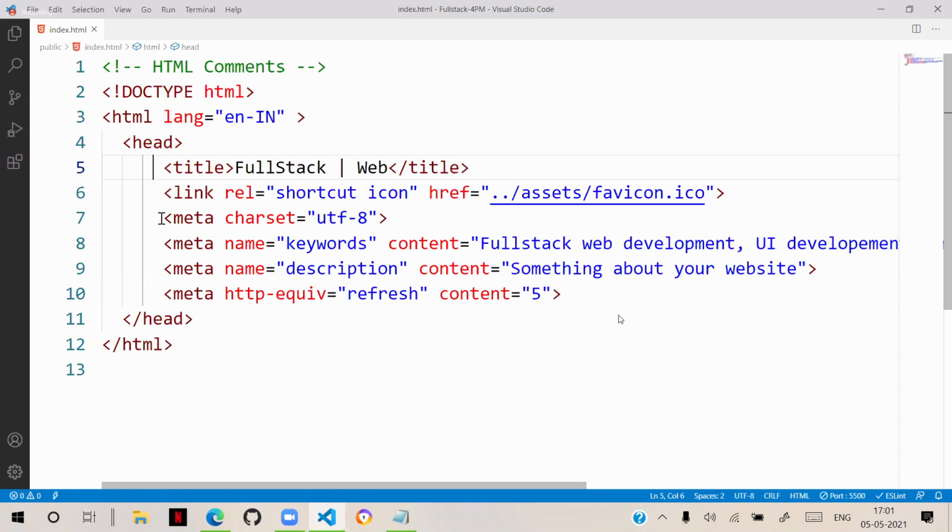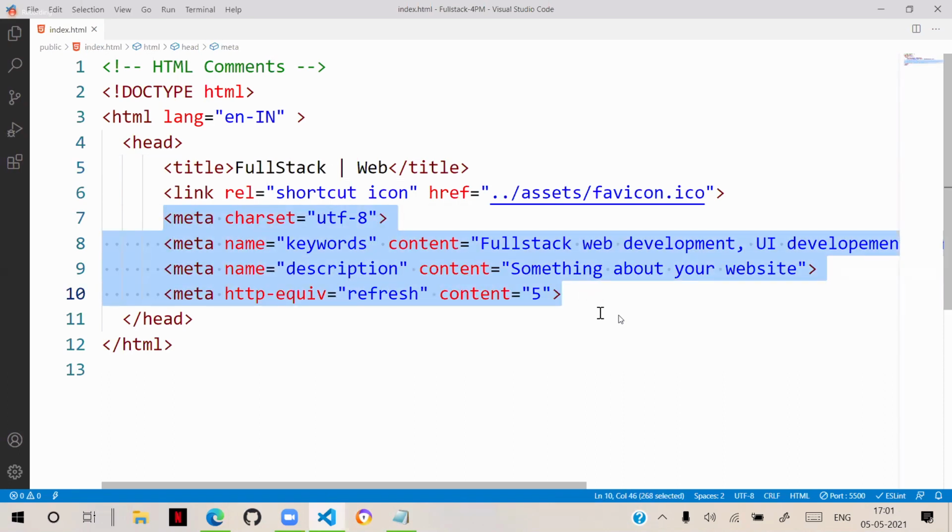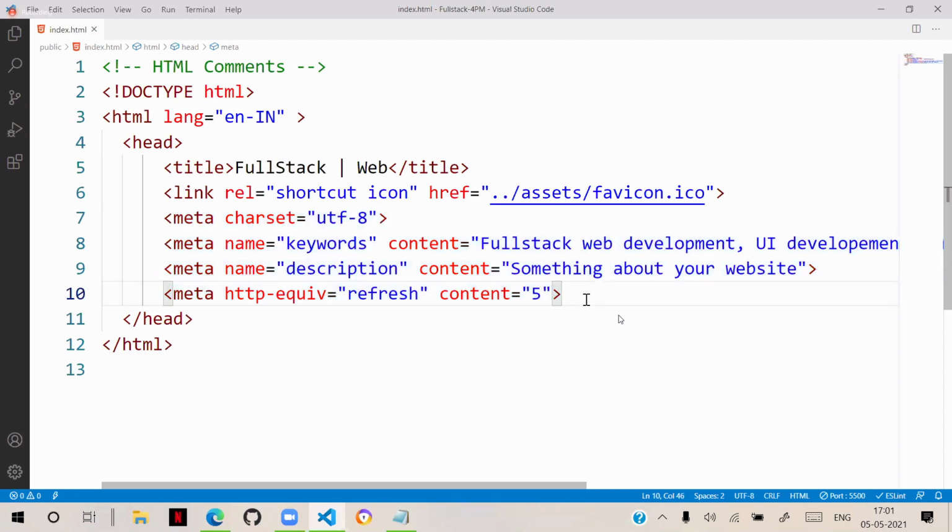But Meta has a lot of other options you will learn in later stages. Initially, this is enough. Meta has a responsive design. Responsive design is better to learn in CSS, so I am not going to cover responsive design here. We will learn it in CSS. When we learn CSS, some more options we will discuss here.